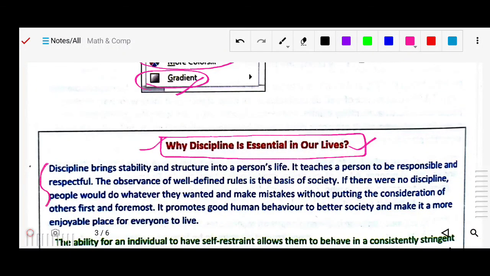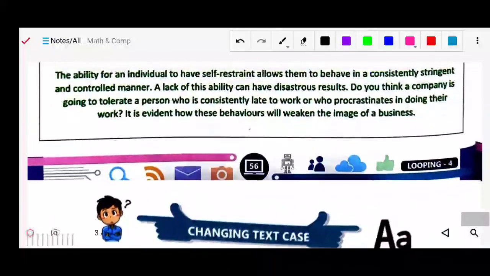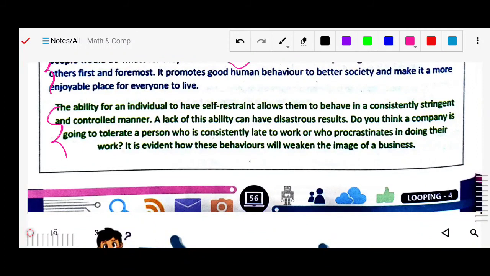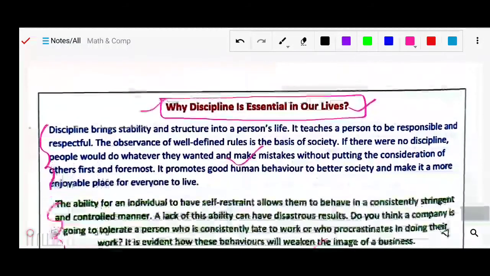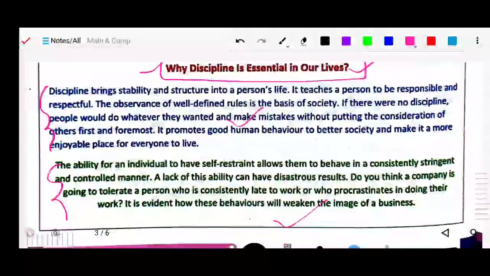Here this full paragraph has been selected, and its color is blue. Here again a new paragraph was selected, and you can see it was given the green color. So you can see green color is there. Likewise you can do it for a particular line, paragraph, word, or even a particular letter, but whatever you select will be colored.